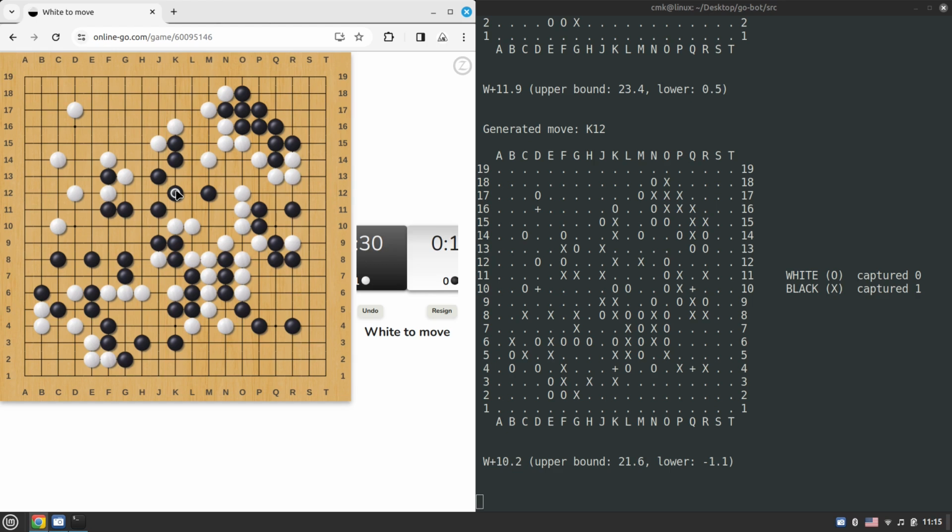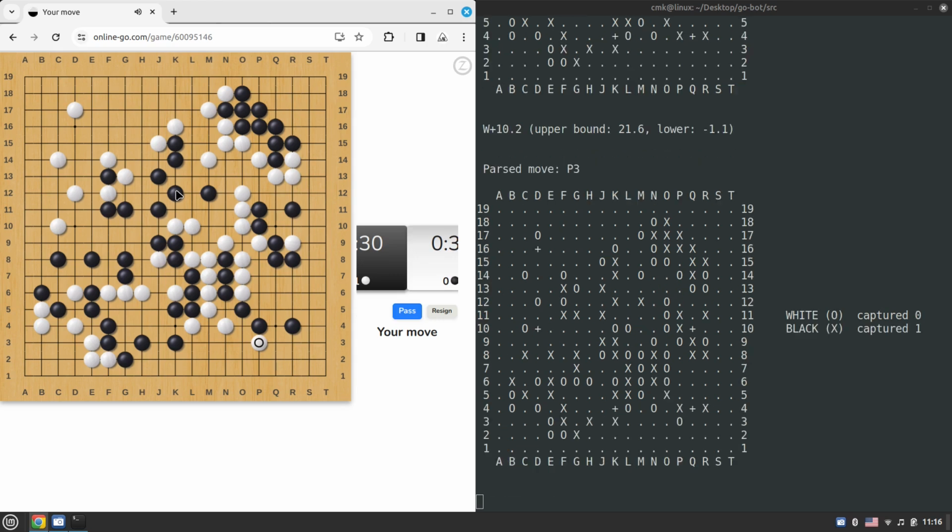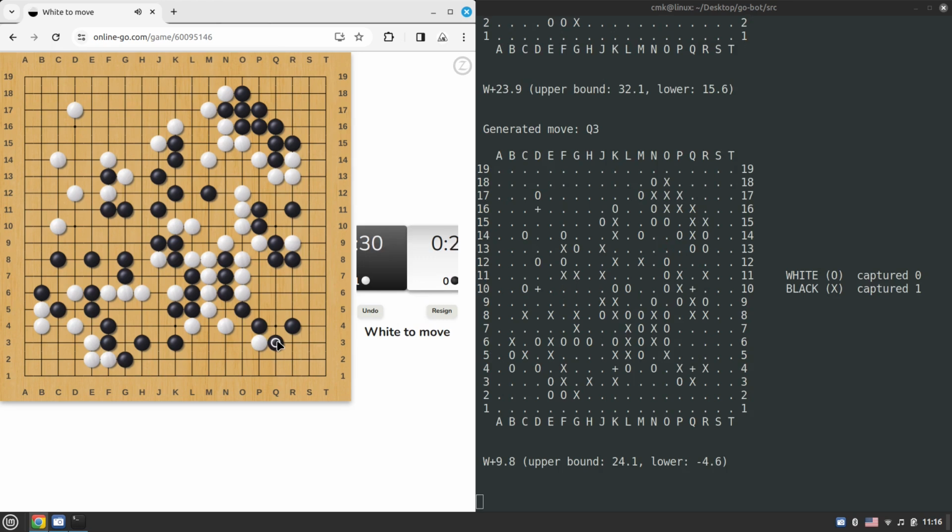Yeah, because I'm really concerned in regards to the... Oh, okay. Yeah, still the group like F4, F3, and those guys might be in danger in terms of not having an option to create two eyes, I believe, if they would not be able to connect to the upper group. Yeah, suddenly, white starts dominating the entire board. This infiltration down below looks so successful. This counteroffensive is really successful. Amazing